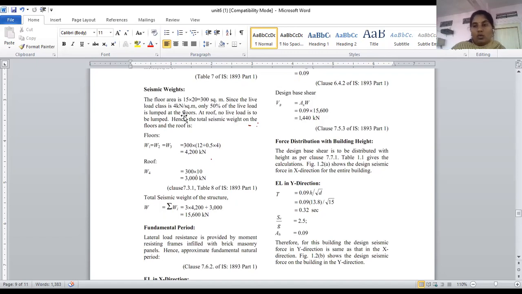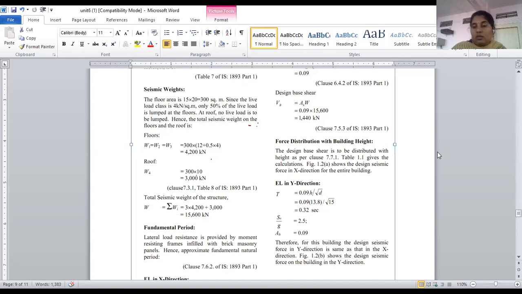And after that, we have to add the weight, whatever the loads coming on each and every floor, and that will become the total seismic weight of the building. Okay, so I hope all of you have cleared this. Our building is a 4-story building, so the fourth floor will be coming as a roof.